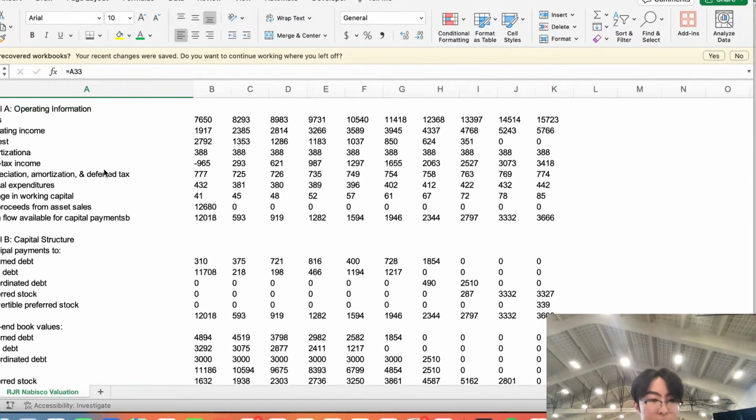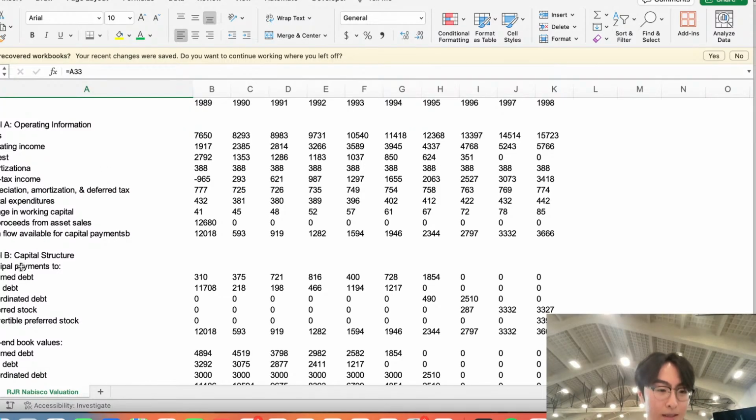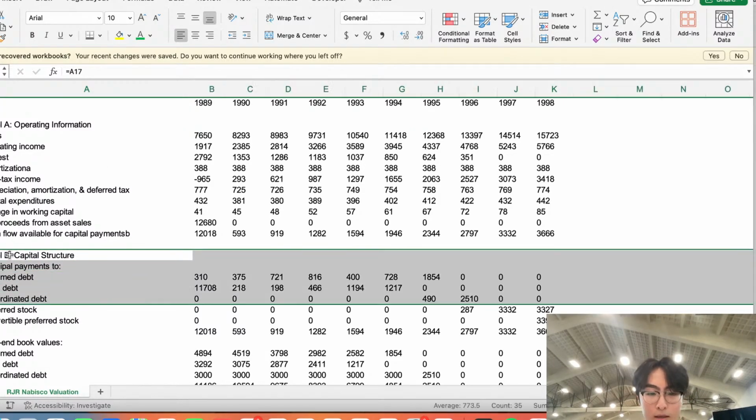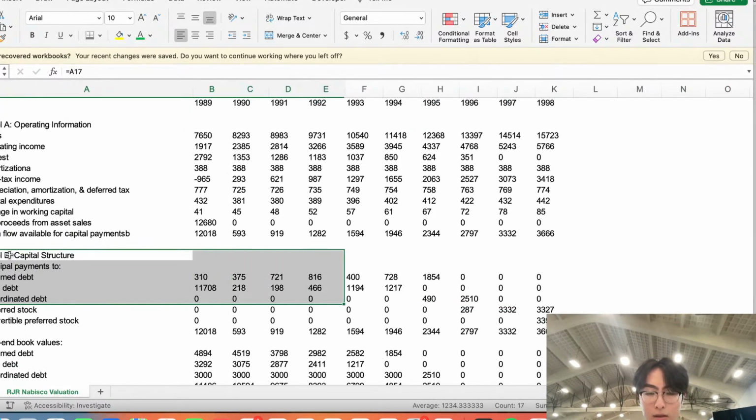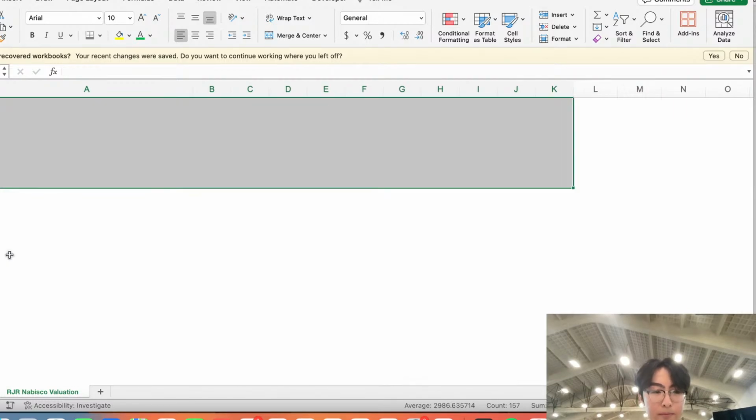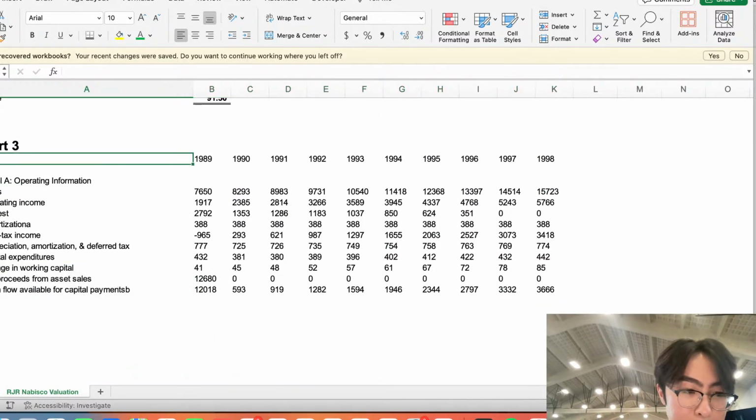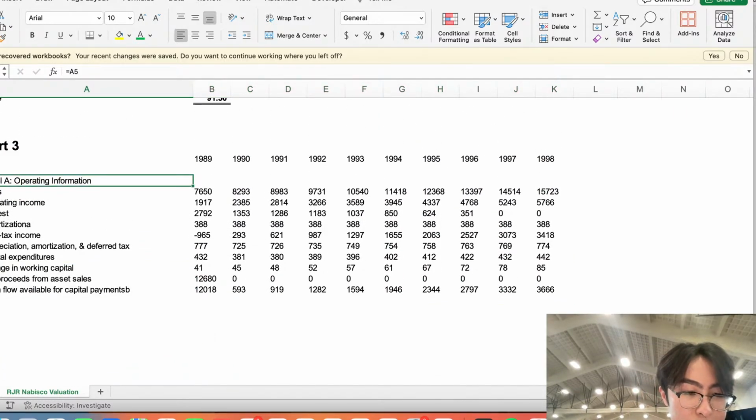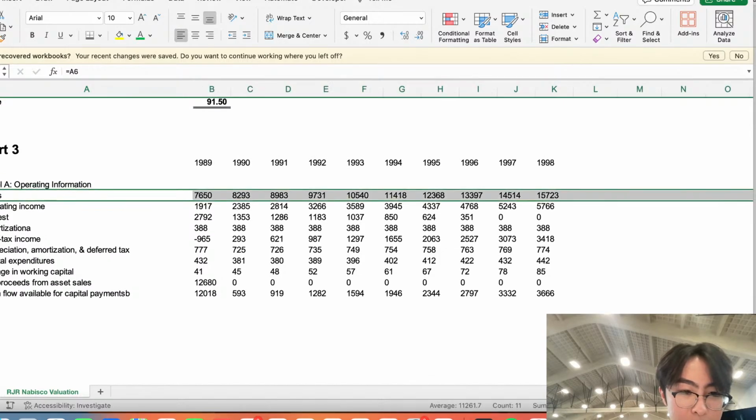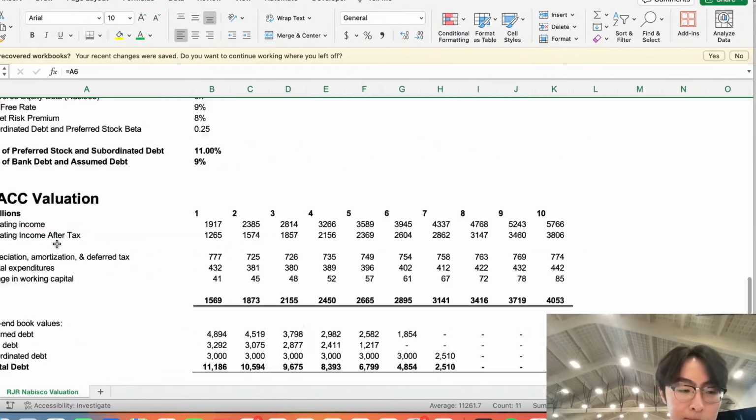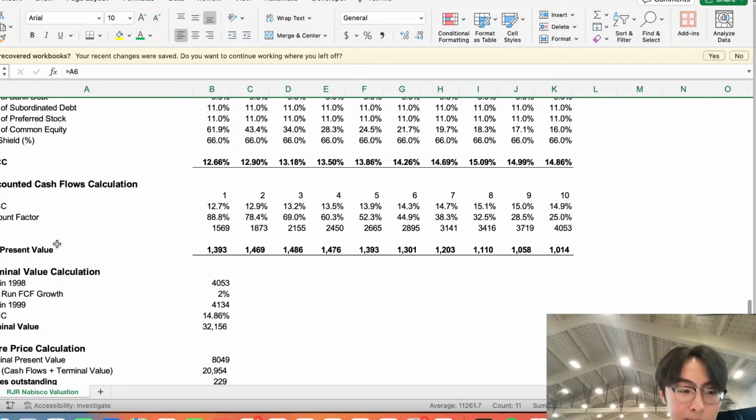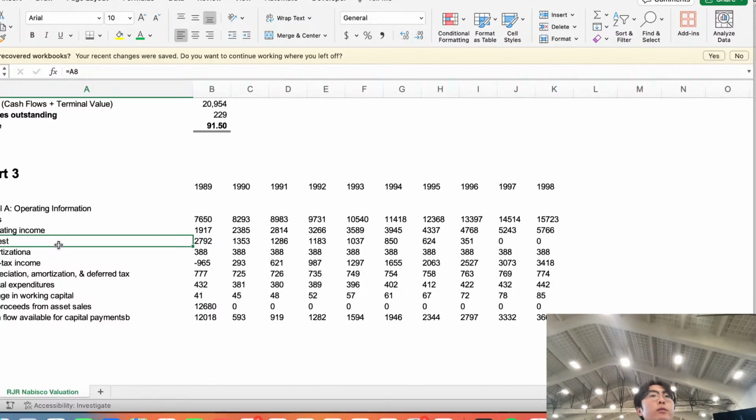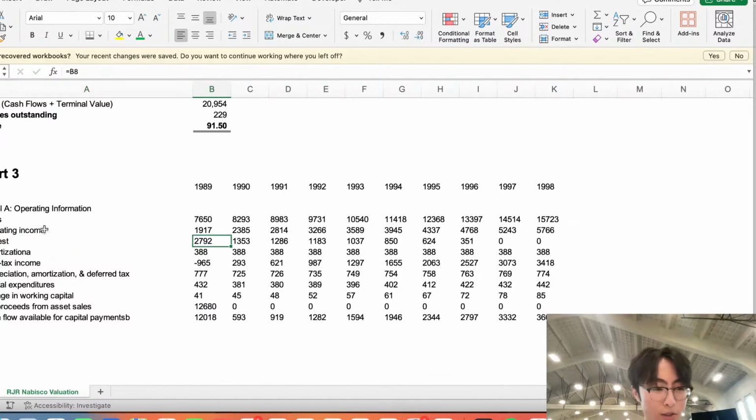Okay, so this is, yeah, maybe I don't need this part. I'm wondering if I should put this on a new sheet. I don't think it's too much work, so